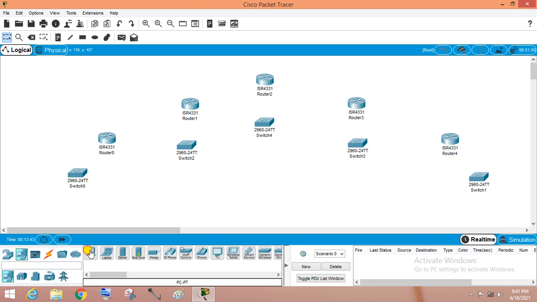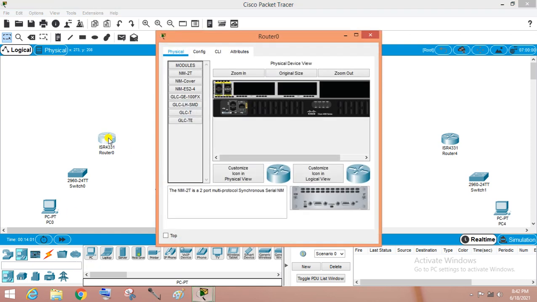Now connecting the PCs. Fine. Just connecting all the routers with the cables. First we check what modules are here. We are checking that in this router there are no serial modules.